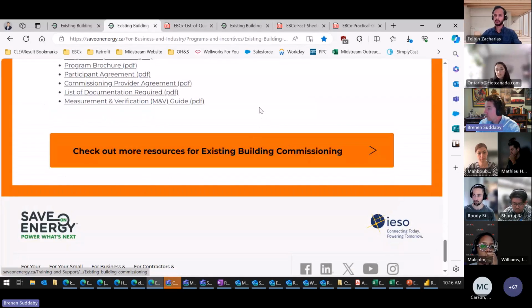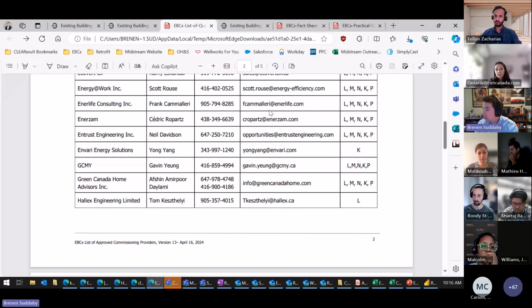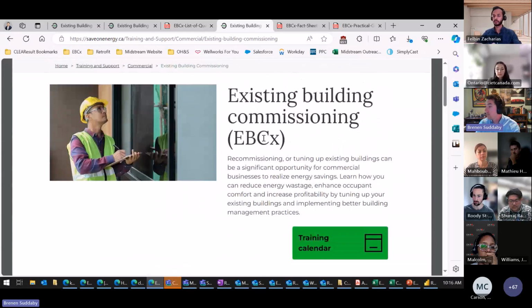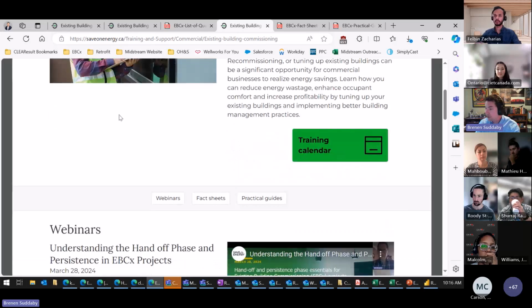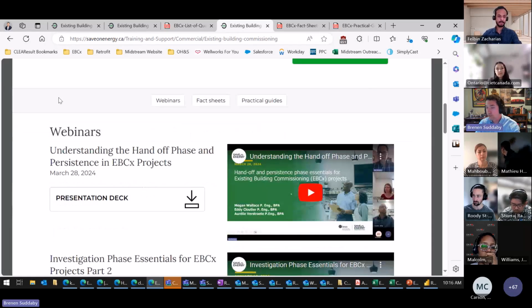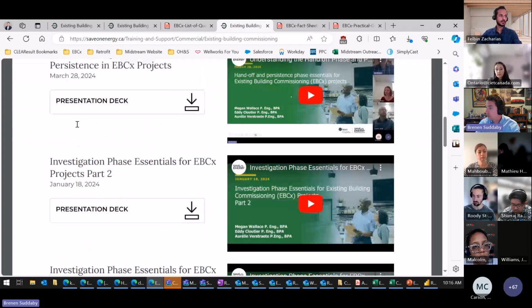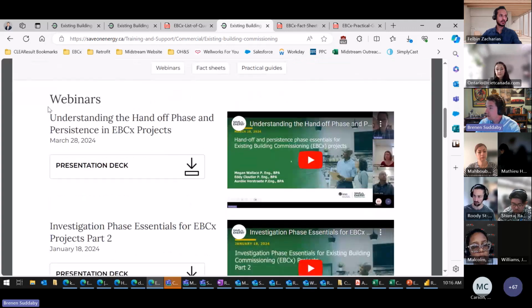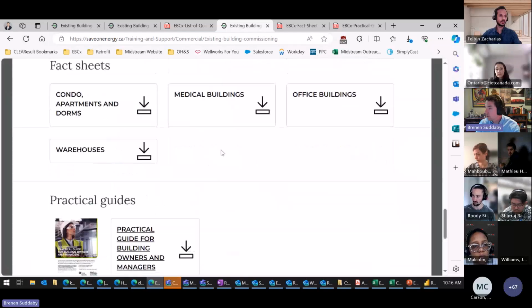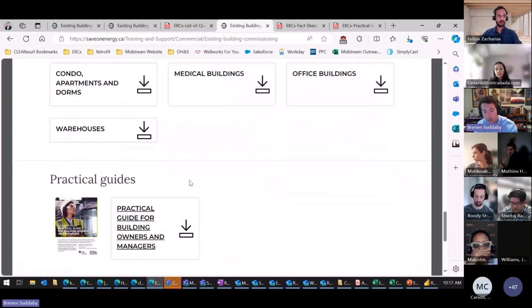Now, flipping back to the web page, if we continue to scroll down, there are some more resources for existing building commissioning. So I'm just going to click over to my next tab. When we click on that link, it should take you to this page here, the existing building commissioning overview page. There are quite a few other resources, as Felben mentioned, listed on this web page. As we noted on the last slide, there are some of the fact sheets and guides. But before that, we've got some previous webinars that are listed here and some hot links to take you down. So there's webinars. As we scroll through here, we can see the fact sheets that were leveraged and the practical guides. If I quickly click into those,